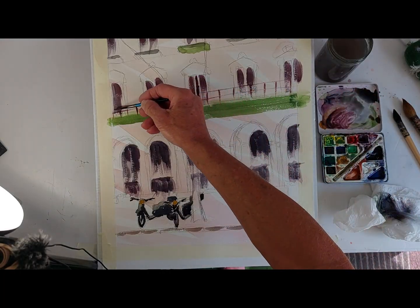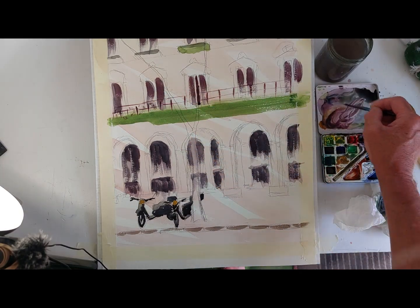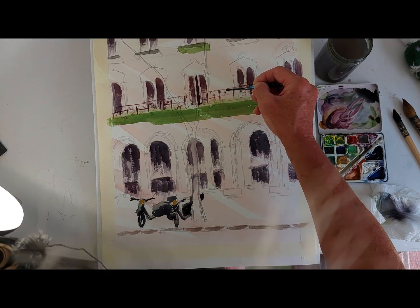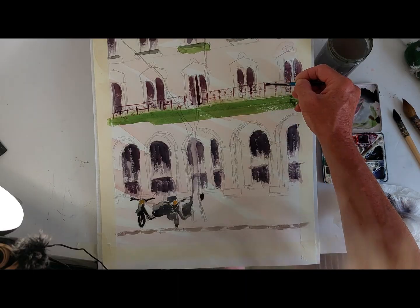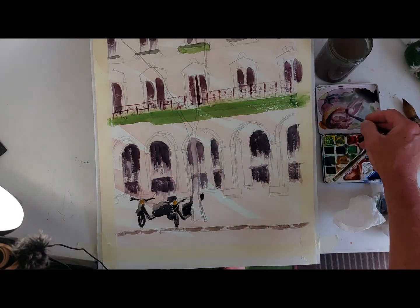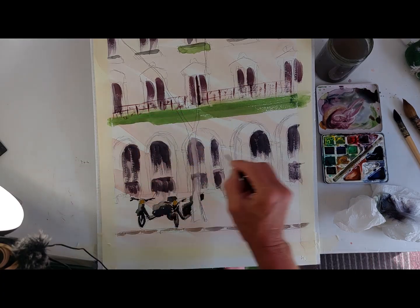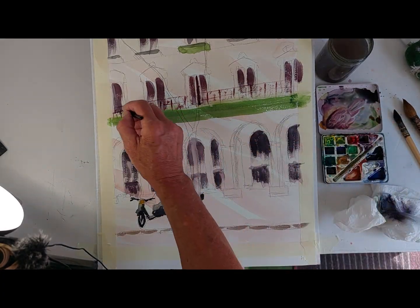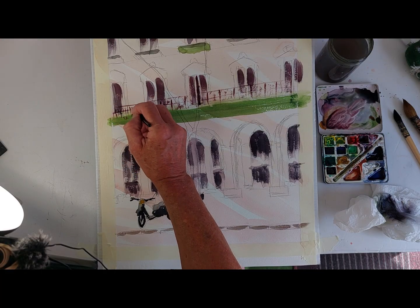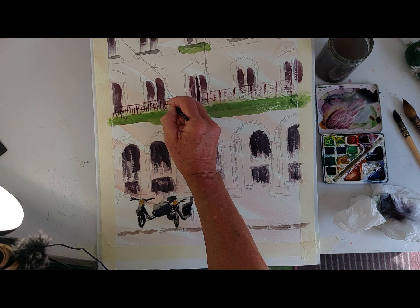Then I'm going to paint in a suggestion, and as you can see, it is a suggestion of railings that have a bit of ornate texture to them. And I'm not going to paint in all of the details. I'm just painting in the small edges. Then I'm going to put in a lot of the smaller pieces, not counting them. They really do not need counting,